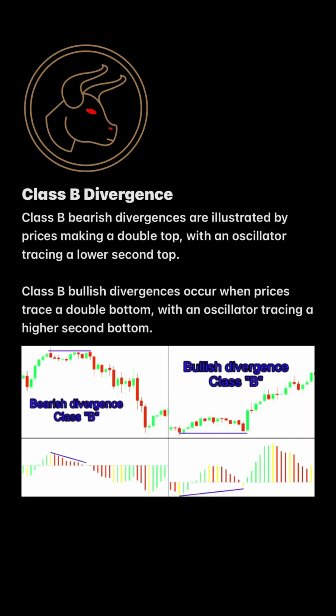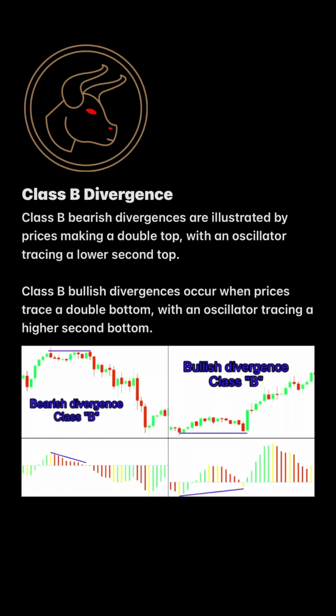Class B bearish divergence is illustrated by price making a double top while an oscillator traces a lower second top. Class B bullish divergence occurs when the price traces a double bottom with an oscillator tracing a higher second bottom. And as you can see in the chart below, you've got an example of both bearish and bullish Class